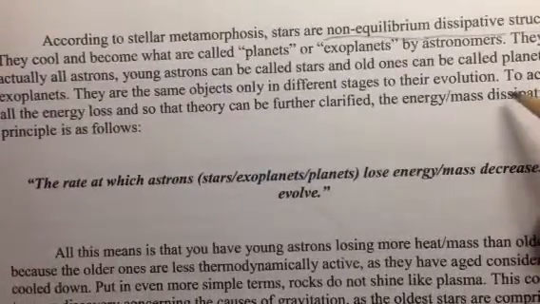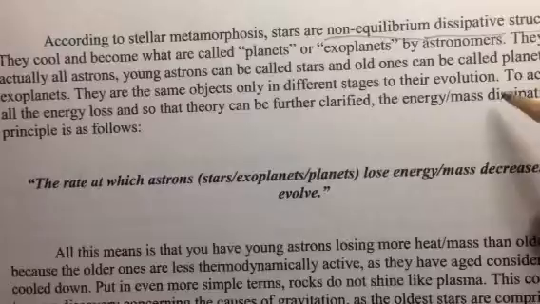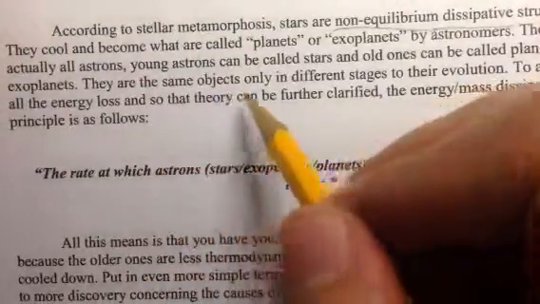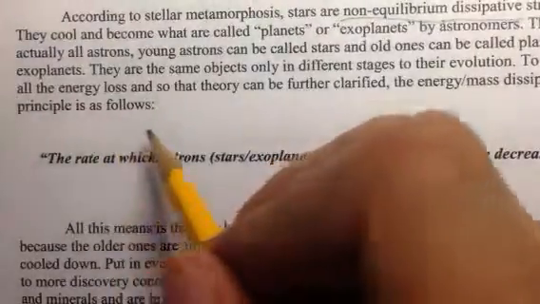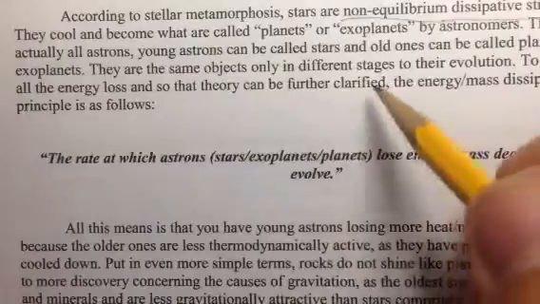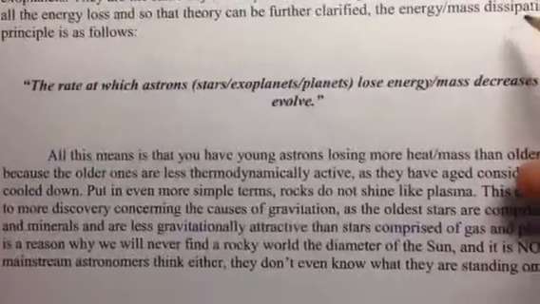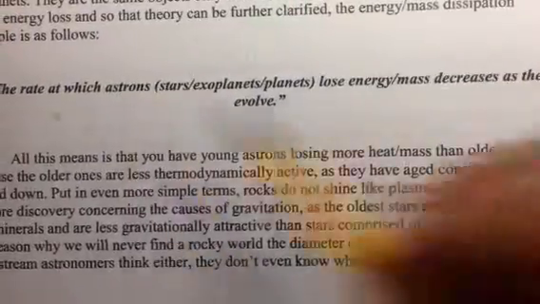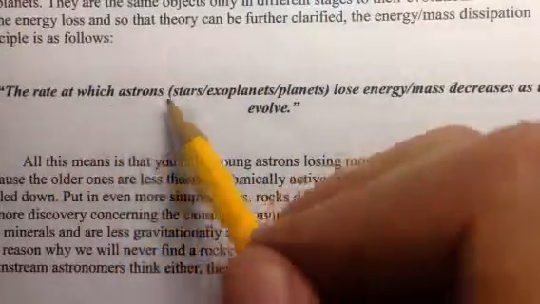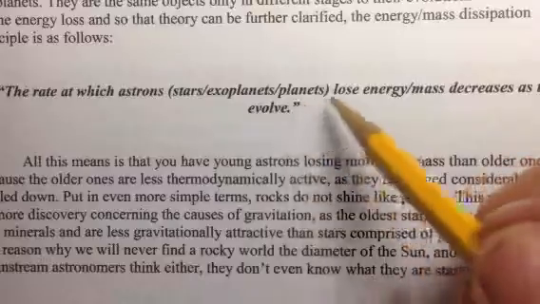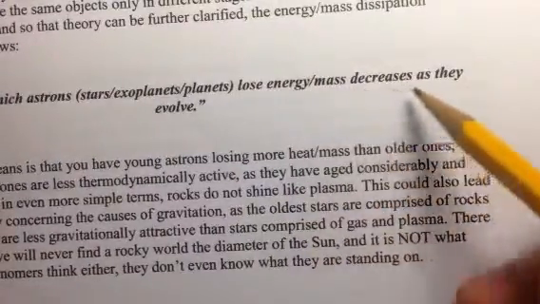You can still use those terms, but you have to understand that they're not different. They're highly evolved stars. That's what an exoplanet is. They are the same objects, only in different stages of their evolution. To account for all the energy loss, so that theory can be further clarified, the energy mass dissipation principle is as follows. I have written here, the rate at which astrons, which are stars, exoplanets, planets, lose energy and mass